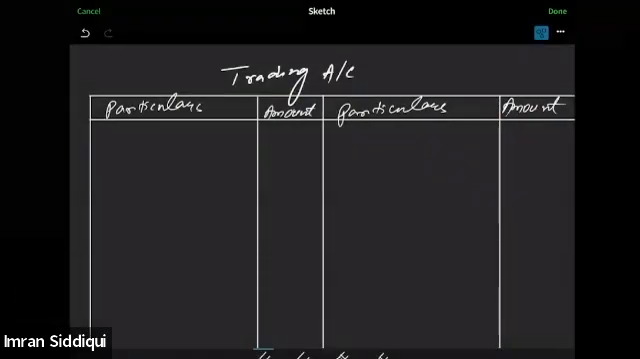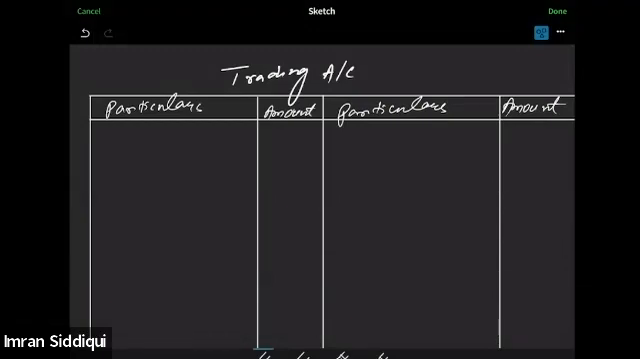Okay, so the first thing that we write under the trading account is the opening stock, if it is given in the question. If there is any opening stock in the question, then such opening stock needs to be shown on the debit side of the trading account. This is the debit side. I'm sure all of you already know debit and credit. So opening stock will be written first of all on the debit side. Opening stock,